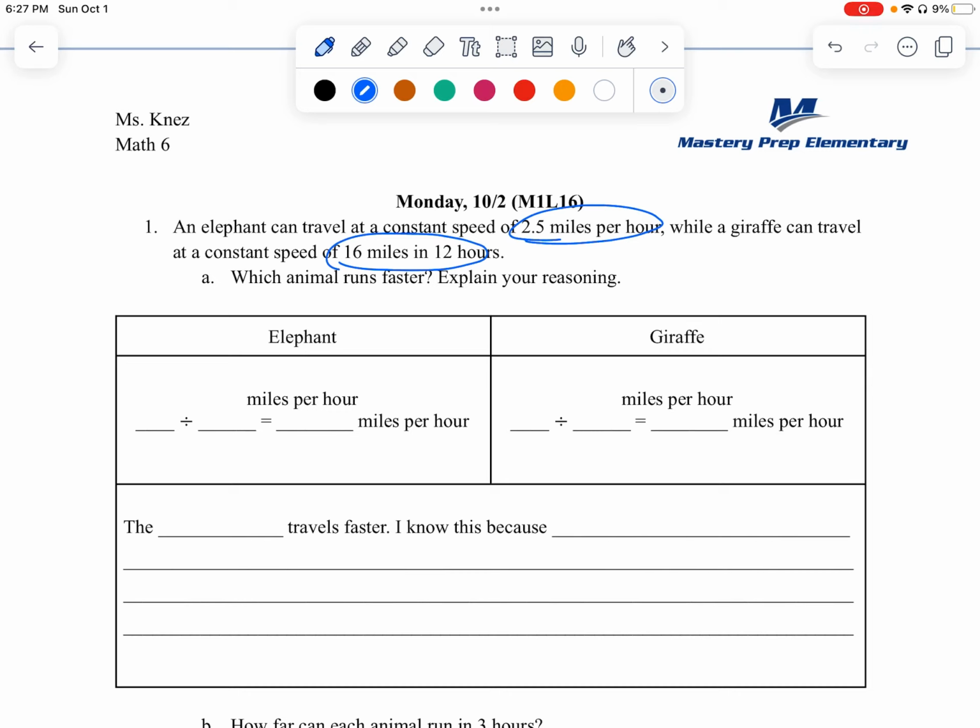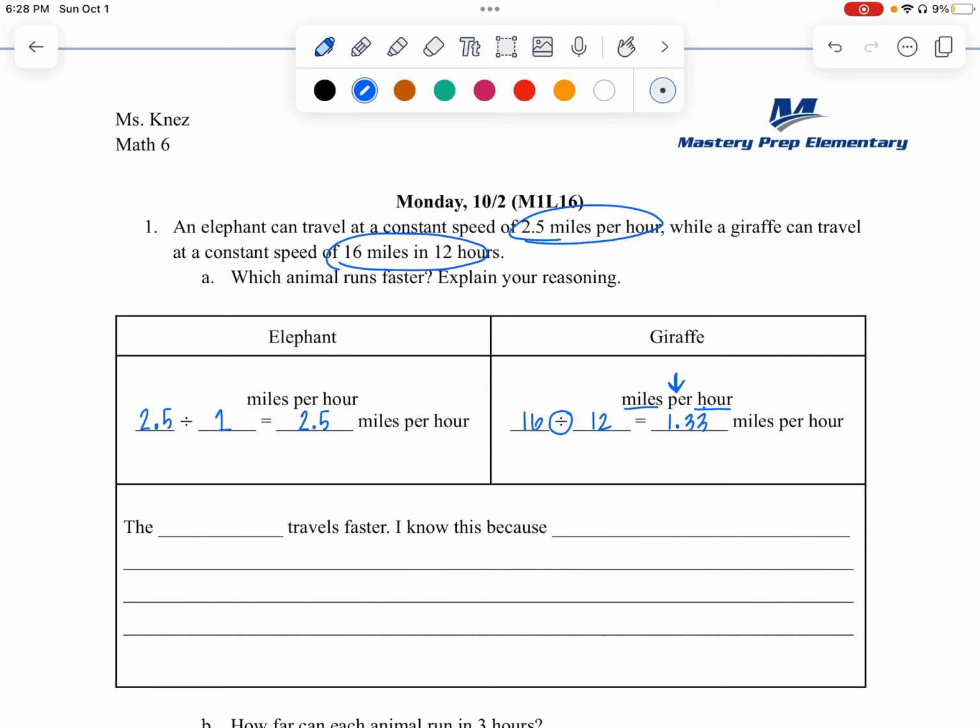So when we look at the elephant, they actually gave us the answer. It's 2.5 miles per hour because it can go 2.5 miles in 1 hour. In the case of the giraffe, we know we're looking at 16 miles per, that's our division symbol. We're splitting up 16 miles between 12 hours. And if you went ahead and split up 16 divided by 12 in your calculator, you end up with 1.33